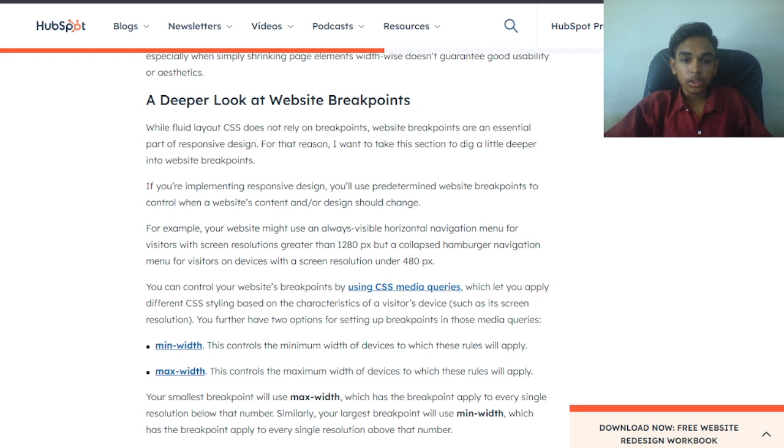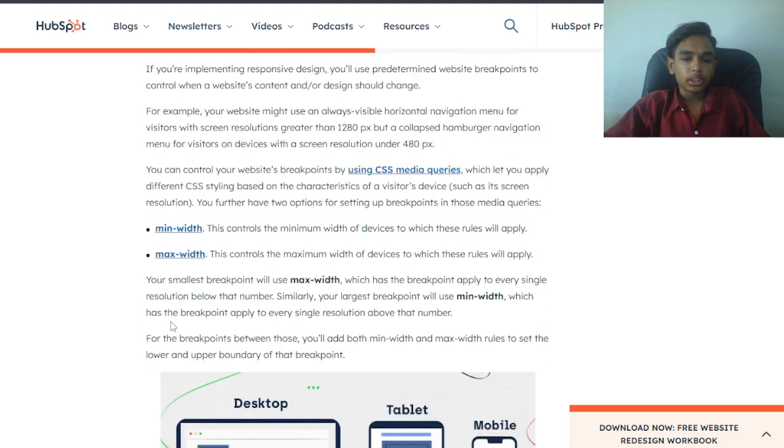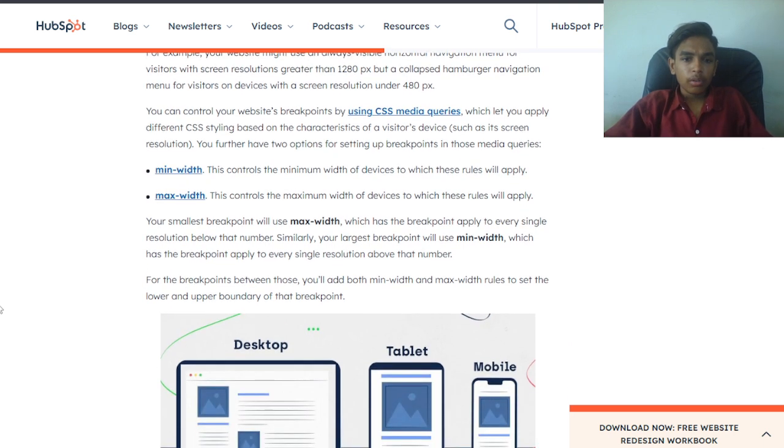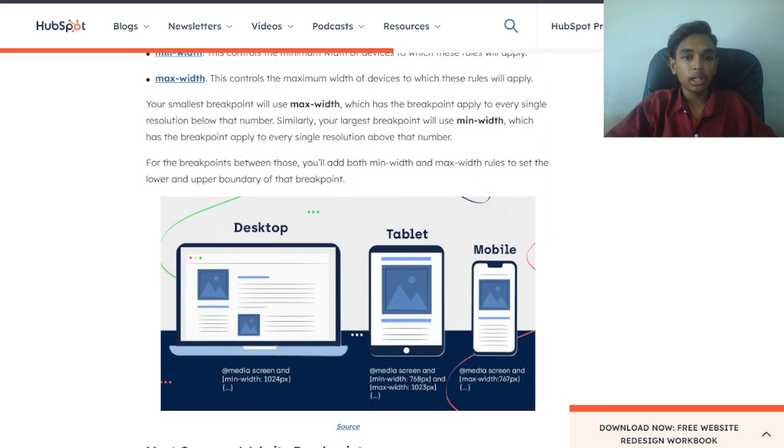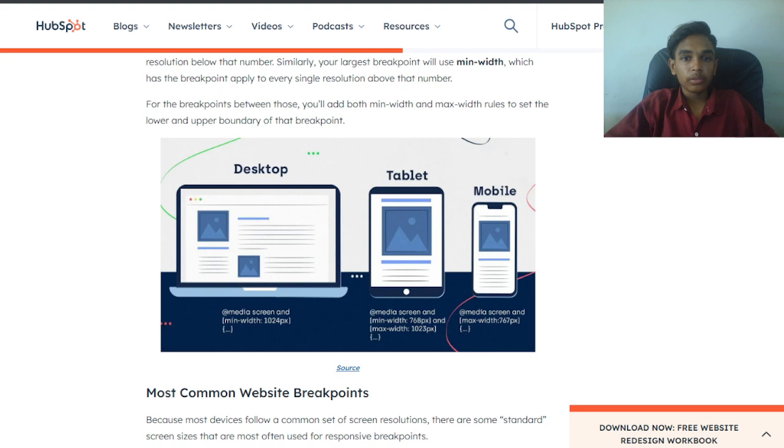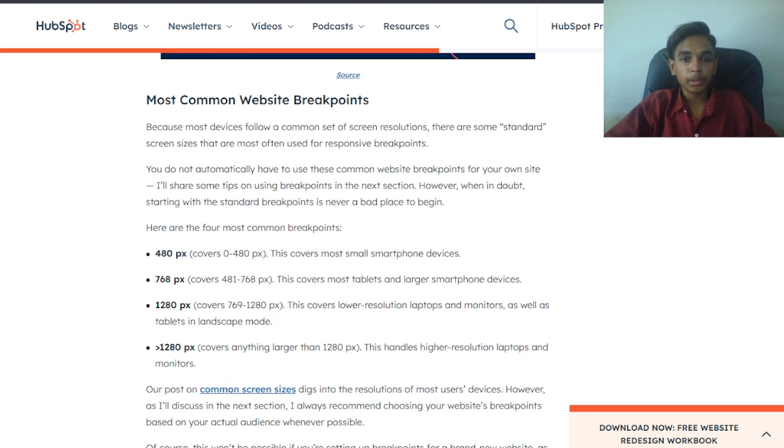Your smallest breakpoint will use max-width, so the breakpoint applies to every single resolution below that number. Similarly, your largest breakpoint will use min-width, so the breakpoint applies to every single resolution above that number. For the breakpoints in between, you add both min-width and max-width rules to set the lower and upper boundaries of that breakpoint.